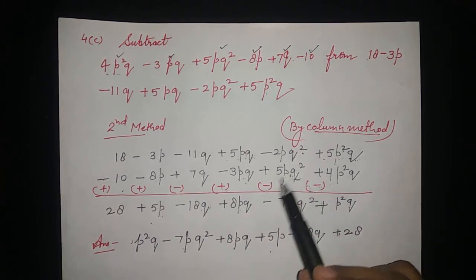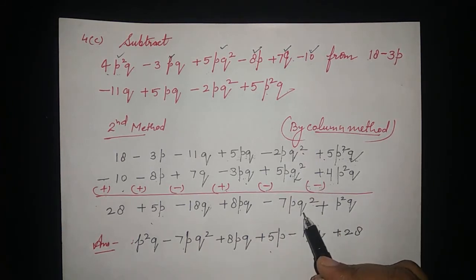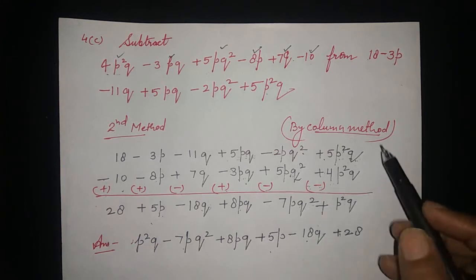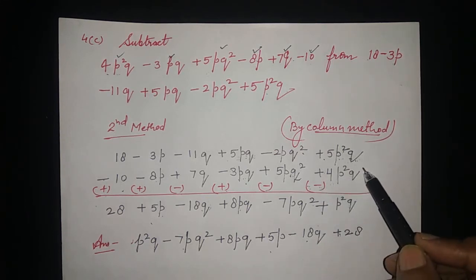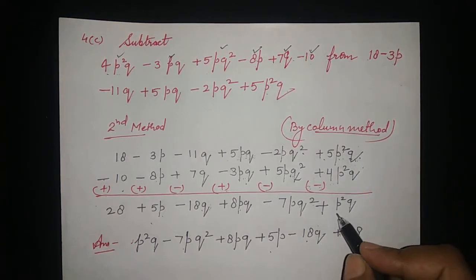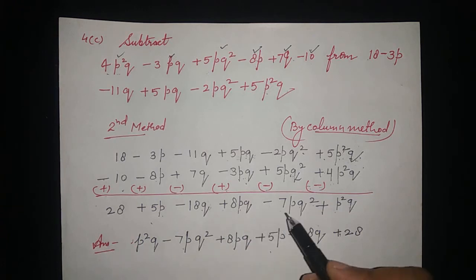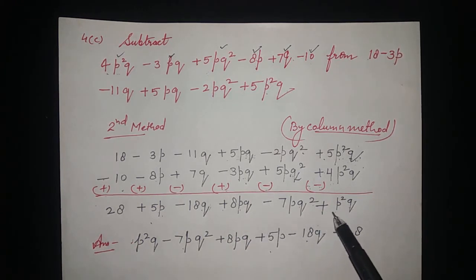Minus 2pq square and minus 5pq square. You will get minus 7pq square. And if you subtract 4p square q from 5p square q, then you will get plus p square q. So the result is coming 28 plus 5p minus 18q plus 8pq minus 7pq square plus p square q. Now we will arrange